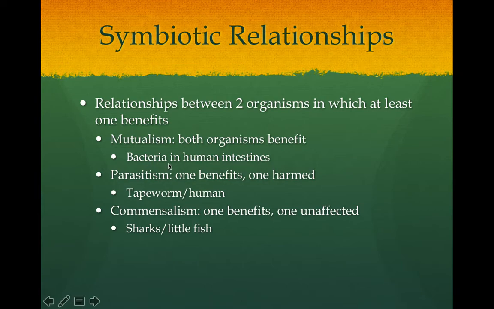So an example of this is you have bacteria that live in your intestines, and the bacteria love living in your intestines because that's where they get their food. The food that you consume winds up in your intestines, and the bacteria get some of it. But it also helps you because by them consuming some of that food, they're helping you do digestion, which releases more nutrients for you as well. So that's mutual. So the bacteria likes you, and you like the bacteria.